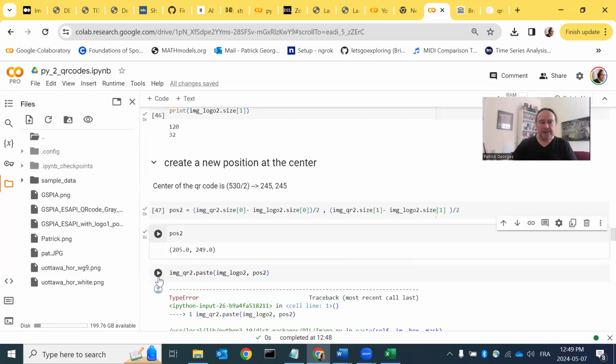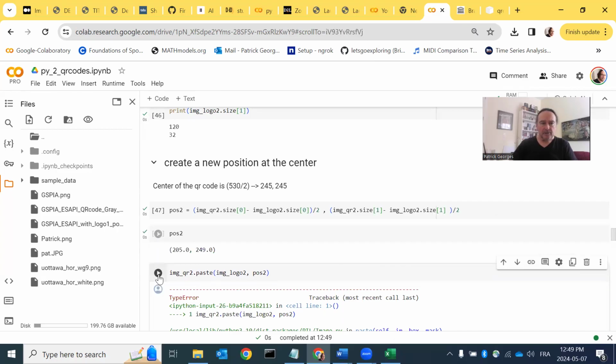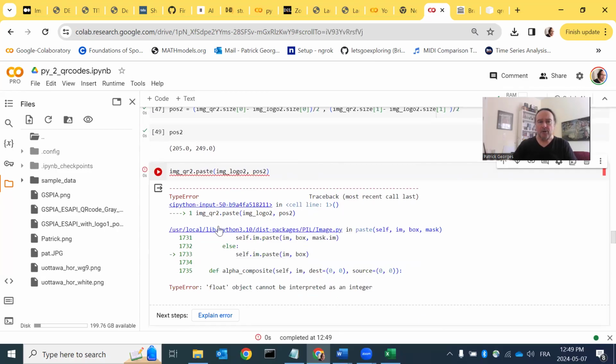If I want to paste it, you will see that. Let me run it. So let me show you. It gives me an error. Okay, and it gives me an error because actually, when you work with